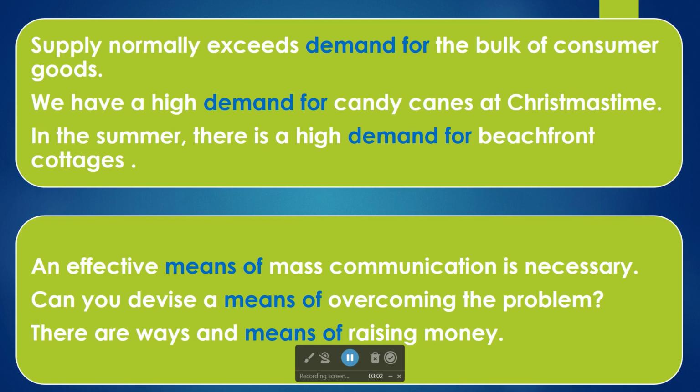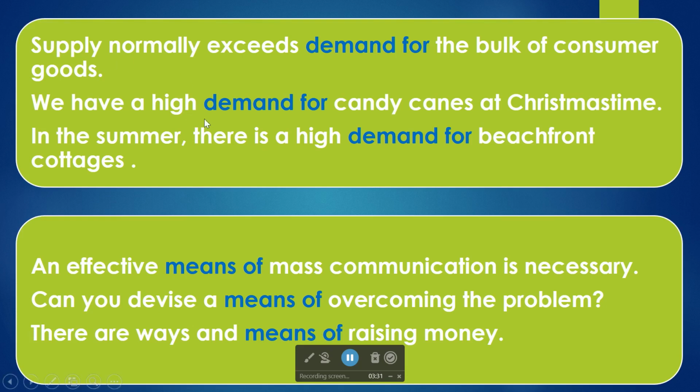So let's say 10 people want 20 books, but we have 30 books on the shelf. So there are more books that supply, and the consumer's goods, that we were saying, are the books. So there are 20 demands, and then there are 30 books. So supply exceeds, supply is more than the demands.